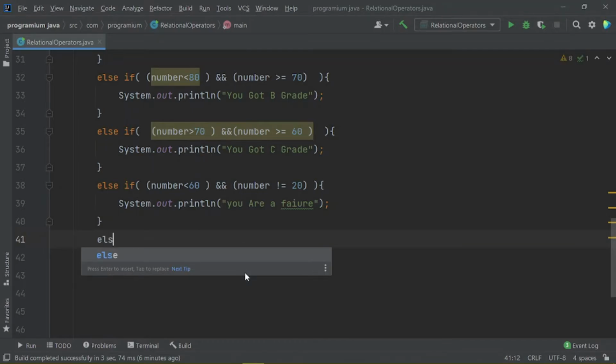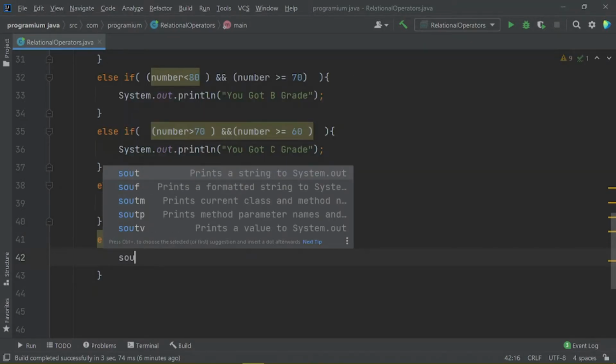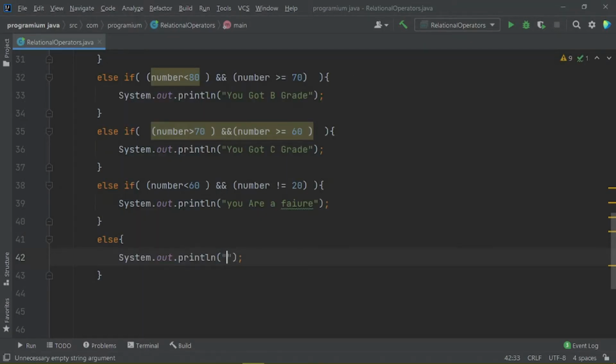But if any other number here, then we will say you are dropped from our school.